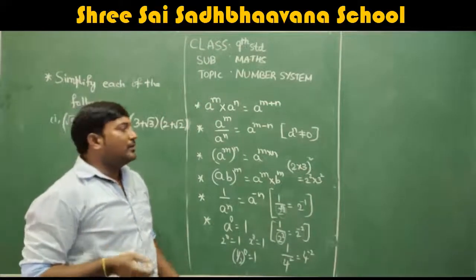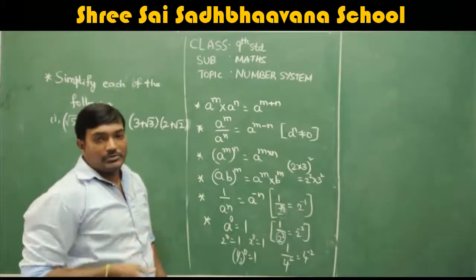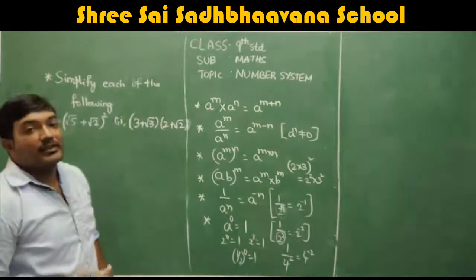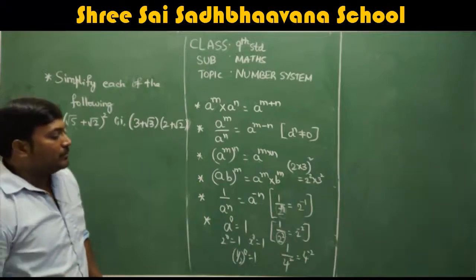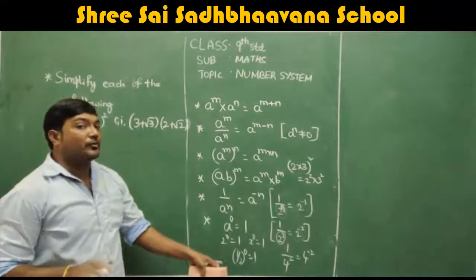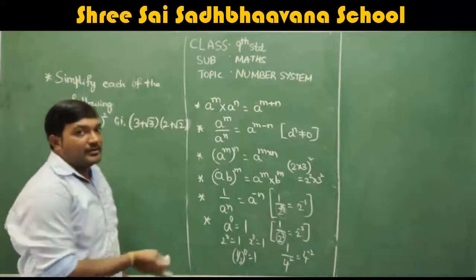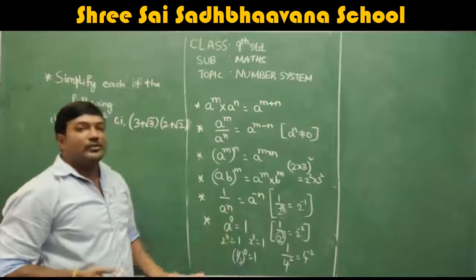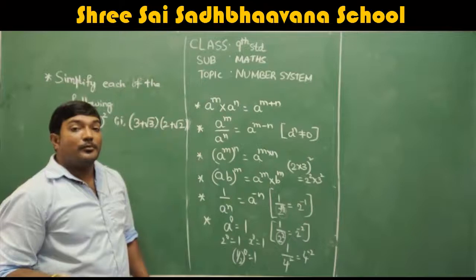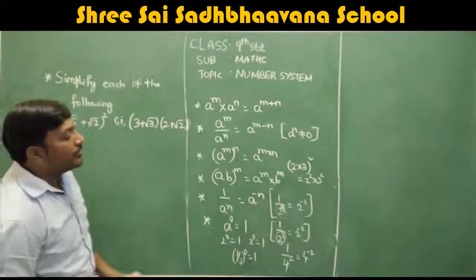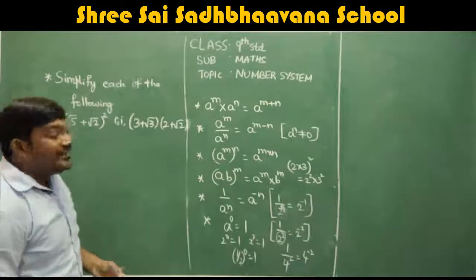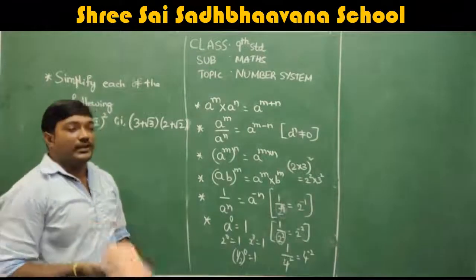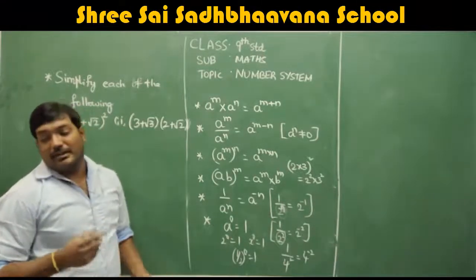Maybe in PU level, you're going to study that. In PU level, you study 0 power 0 is considered as an indeterminate form of the answer. That cannot be possible. So 0 power 0 is not 1, remember. Because you might get the doubt like that, right? So everything power 0 is 1, and even 0 power 0 is also 1? No, 0 power 0 is not 1, and that is not at all considered as the result. That is an indeterminate form, which you will study in depth in your higher levels.